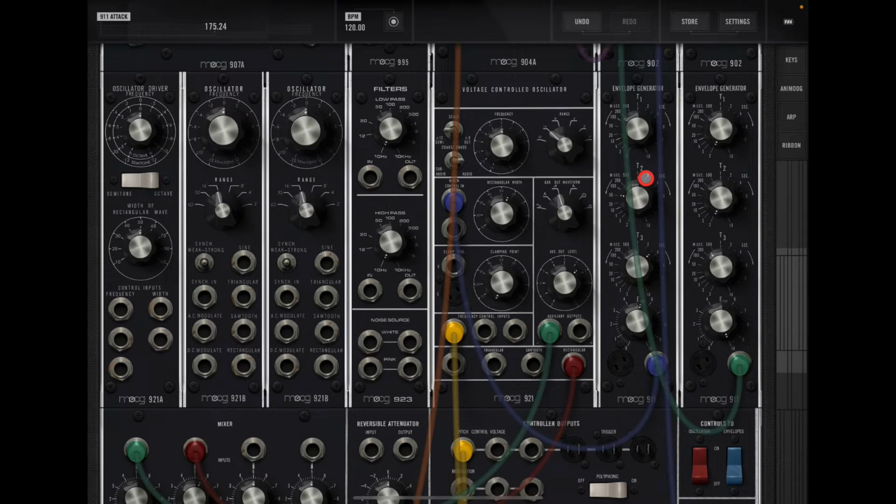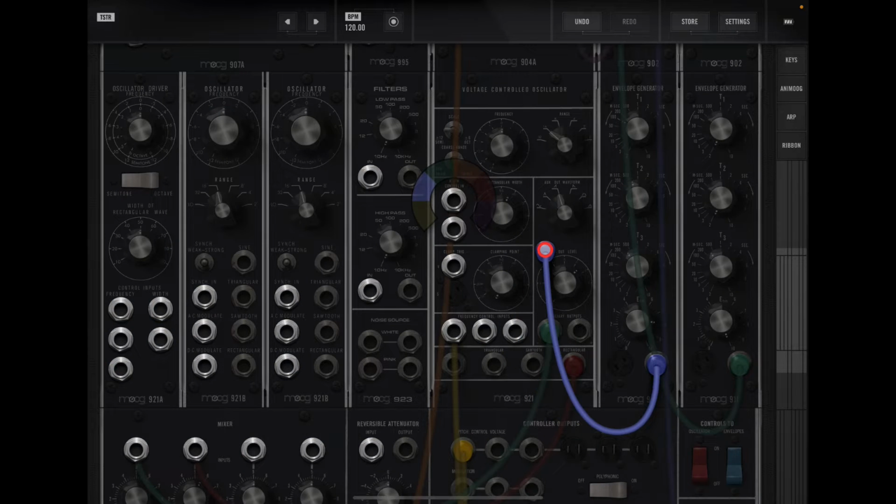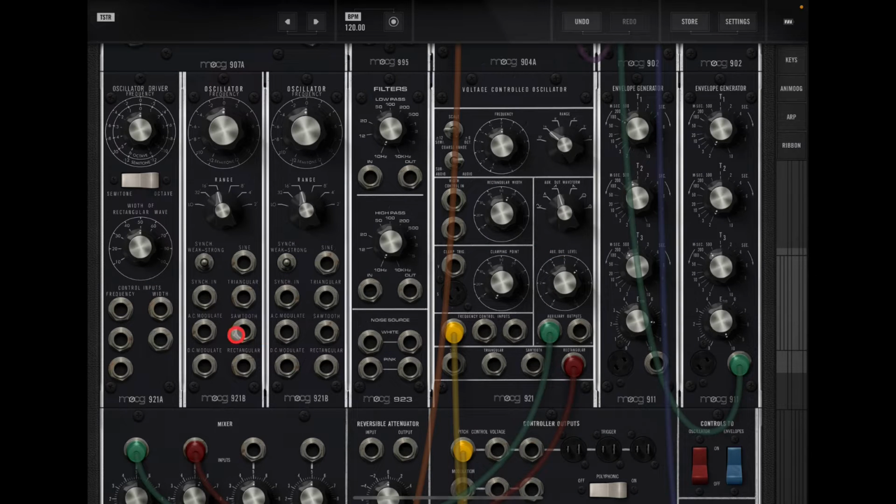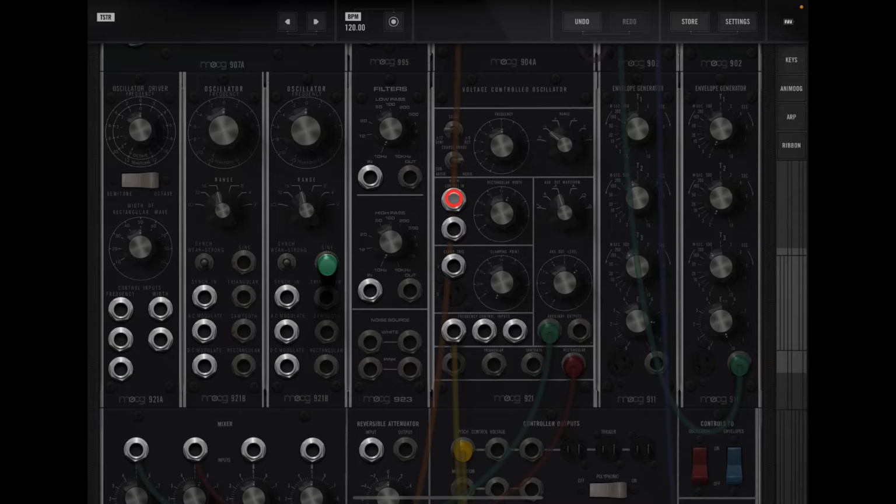See? So you're using an envelope to control the width. Now let's just disconnect that. Or we could use one of the oscillators, either or, it doesn't matter. Let's say we'll take a sine wave from this oscillator, one of the 921Bs, connect that to the width control,